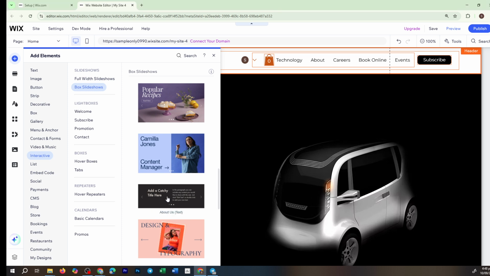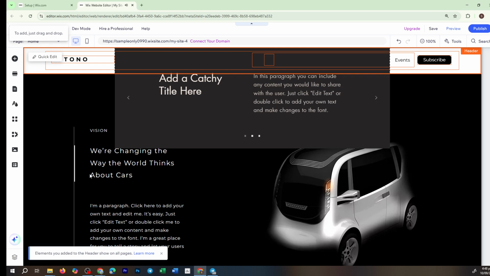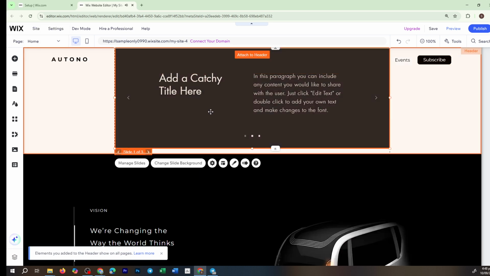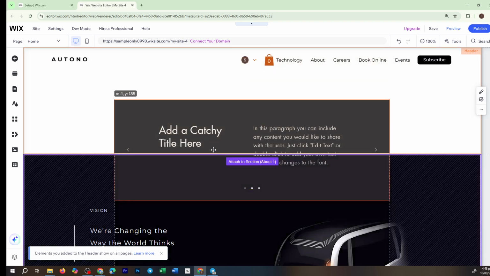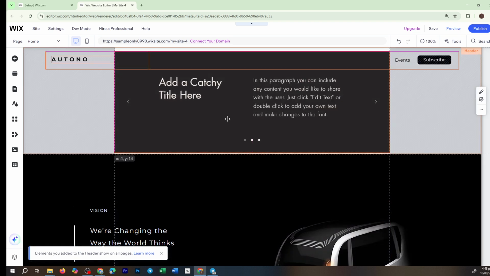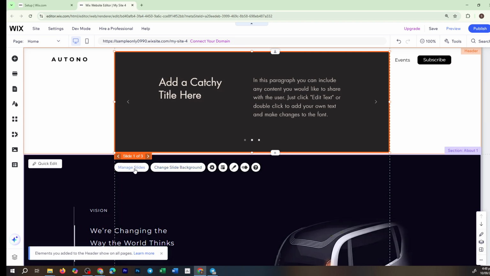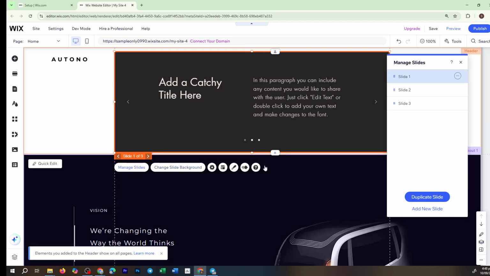This choice provides you with flexibility in terms of placement and size customization. After selecting the box slideshow, you can start customizing it to suit your needs. You have a variety of options at your fingertips. You can change the arrangement of the slides to match your narrative or visual storytelling. For appearance, consider changing the background. You can opt for a simple color, or you can add an image or a video to make it more